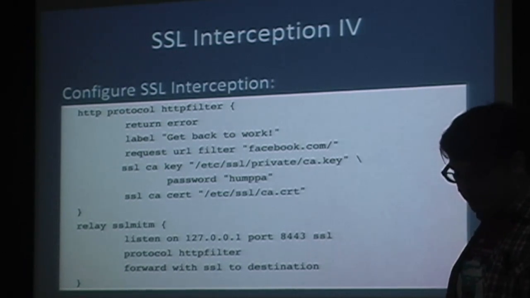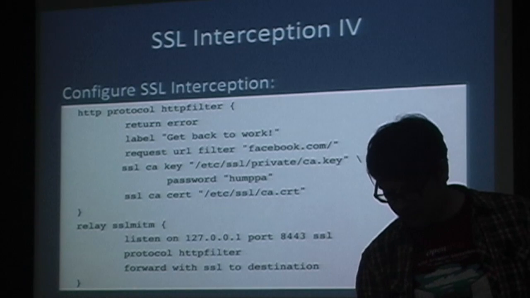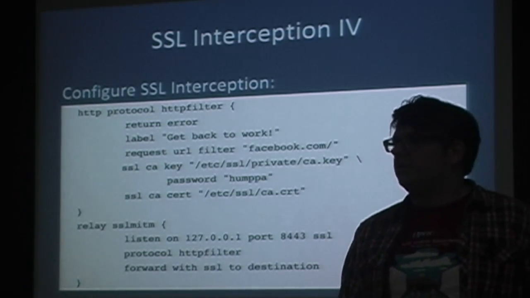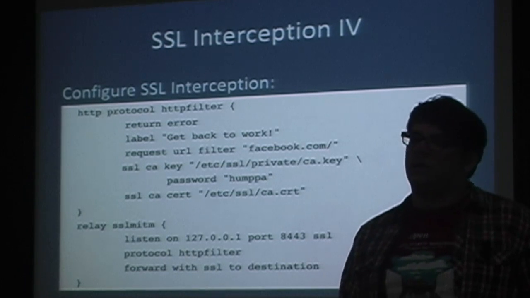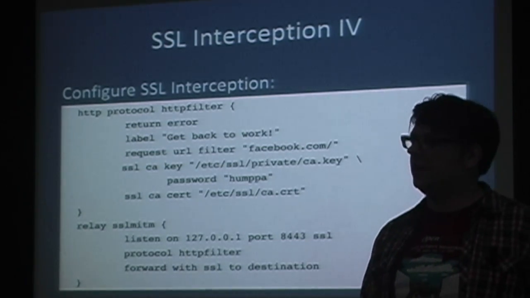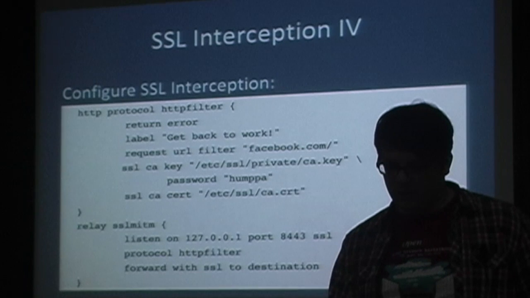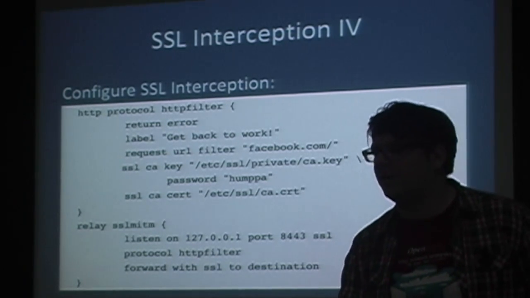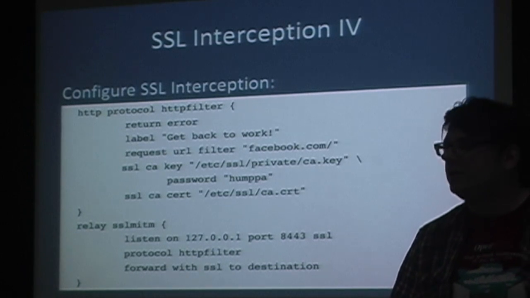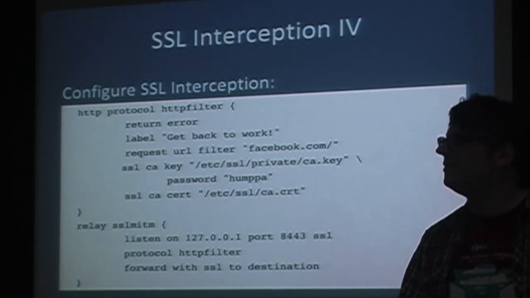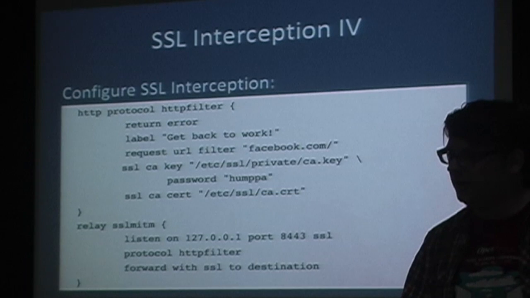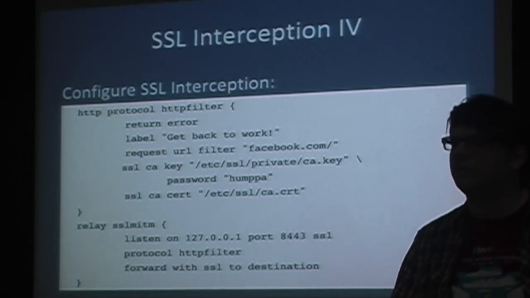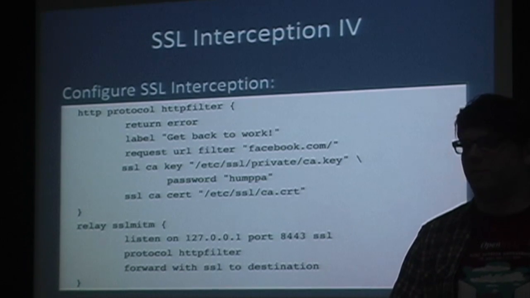SSL interception is something that, as I said, is implemented by Juniper, for example, in the NetScreens, by Checkpoint, and by others. And I had some discussion with people, isn't it evil? No, I don't think so. I think it's evil that the X509 CA HTTPS scheme is still so broken.